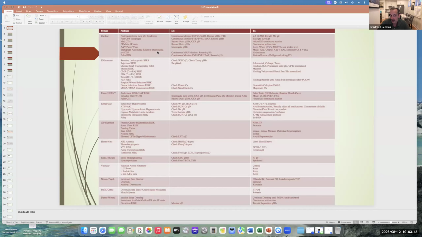And you wean it to the tolerance of what your endpoint goals are. You want the lactate to stay normal. You want the bicarb to stay normal. Their pH to be normal. You want their cardiac output index and SpO2 to be within the normal range. But if you just walk in the room and kind of look and don't say, is this patient ready to be weaned? Then you're not going to make progress.